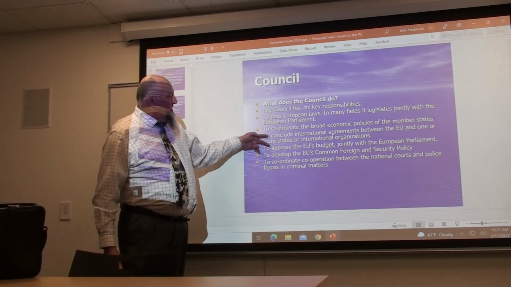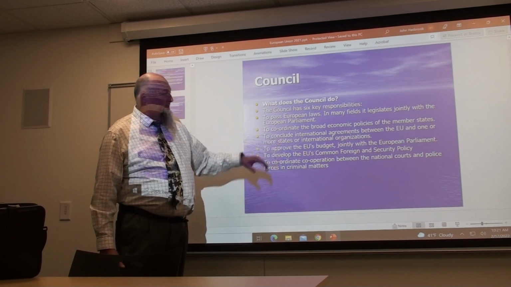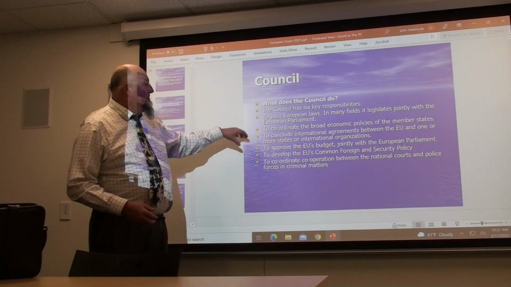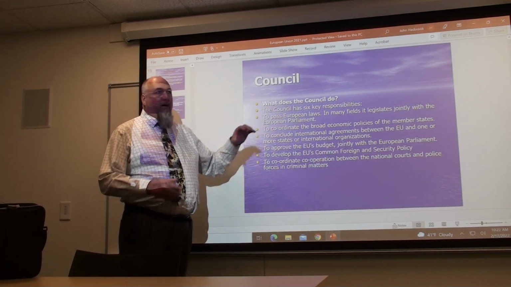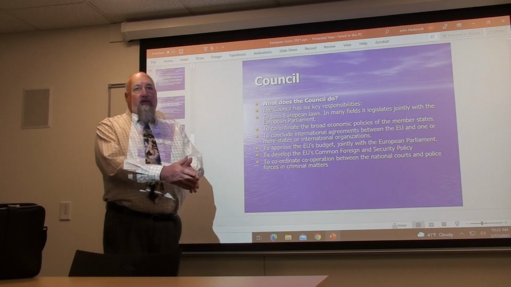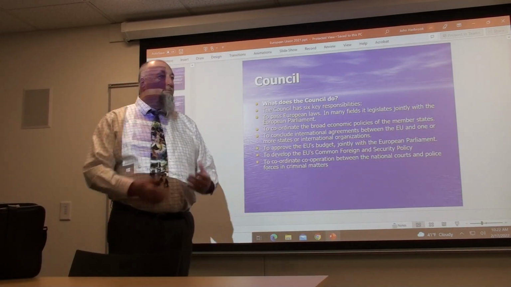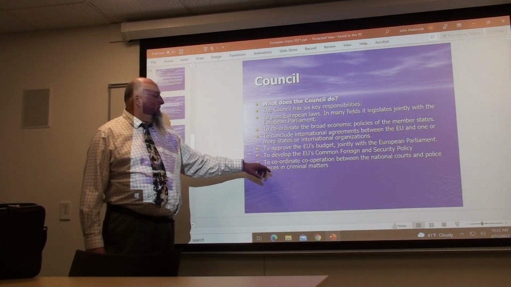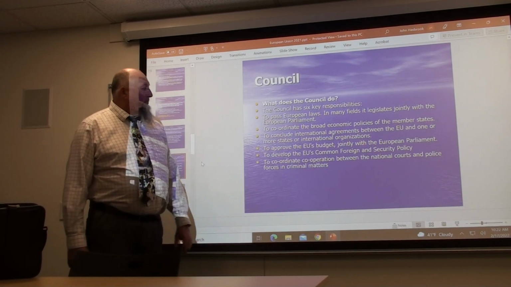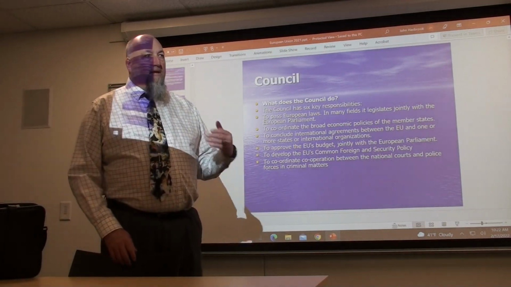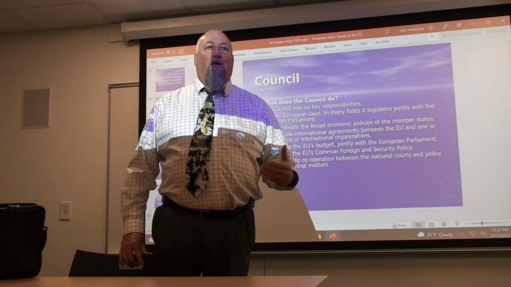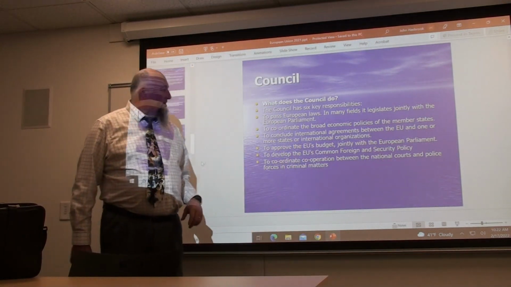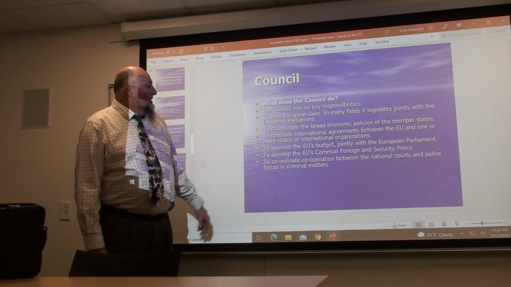Constitution. Because in the U.S. Constitution, the President, of course, has the ability to engage in international treaty making. At the EU level, that's done through the Council. So you've got a broader, instead of having one person do it, you've got the Council as a group engaging in that. Approving the budget, in addition with the European Parliament. To develop common foreign and security policy, that would be, again, an executive function. So that would be military, quasi-military activity, to coordinate that among the member states and the United Nations,